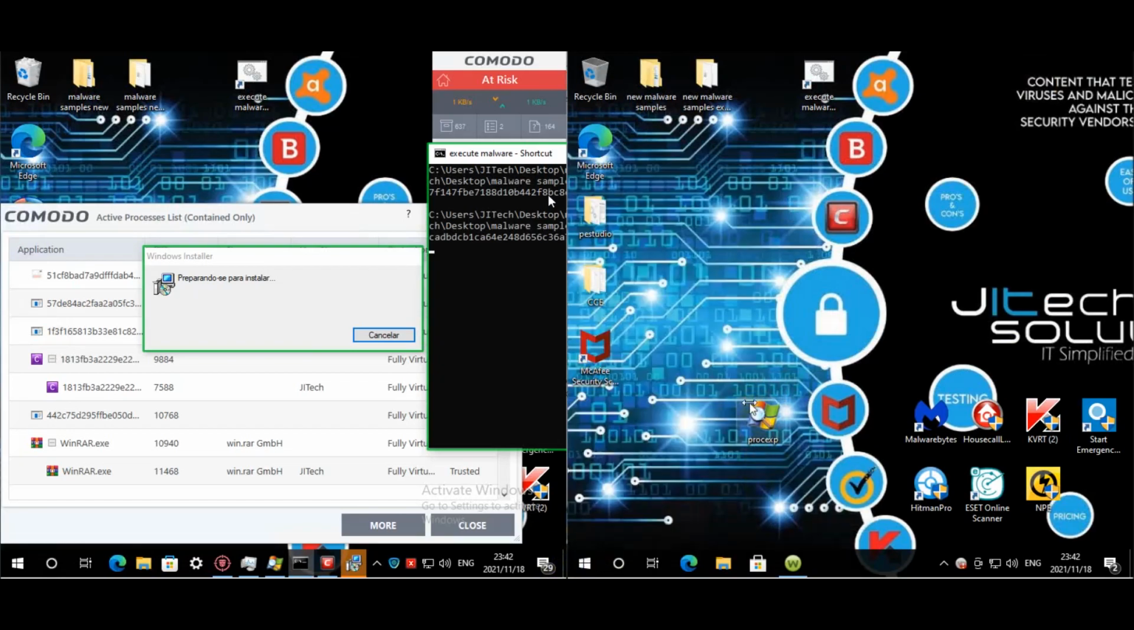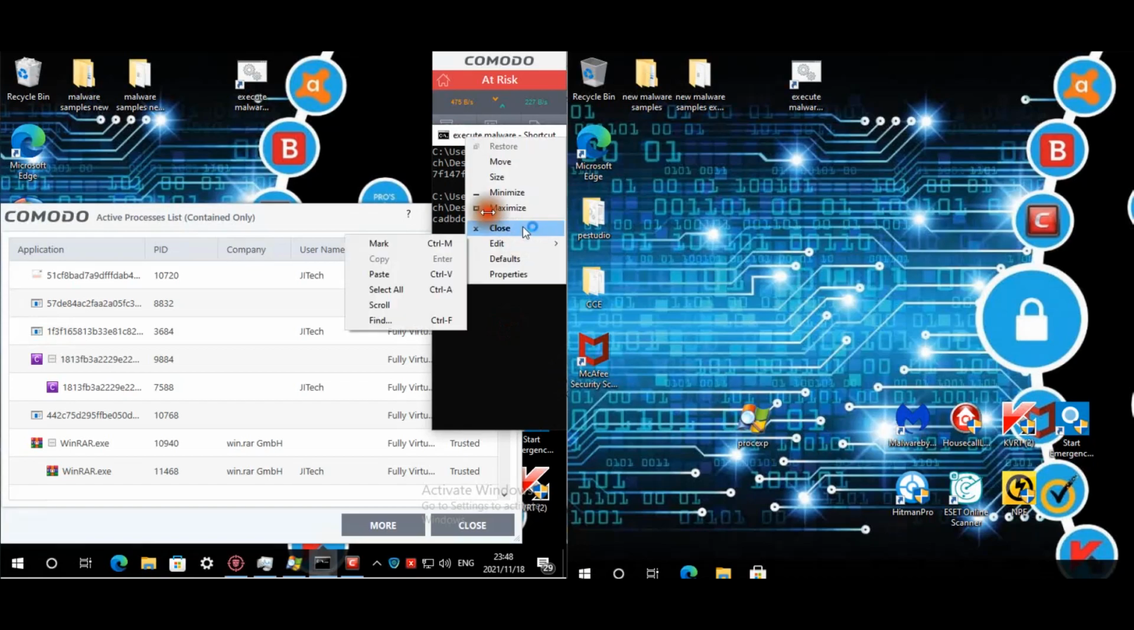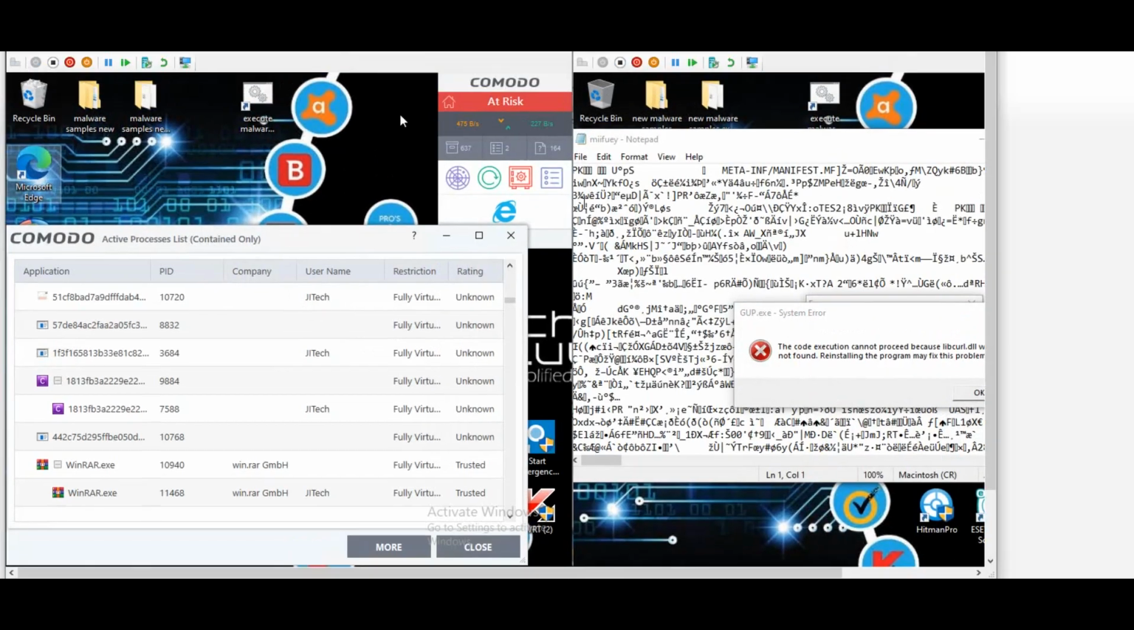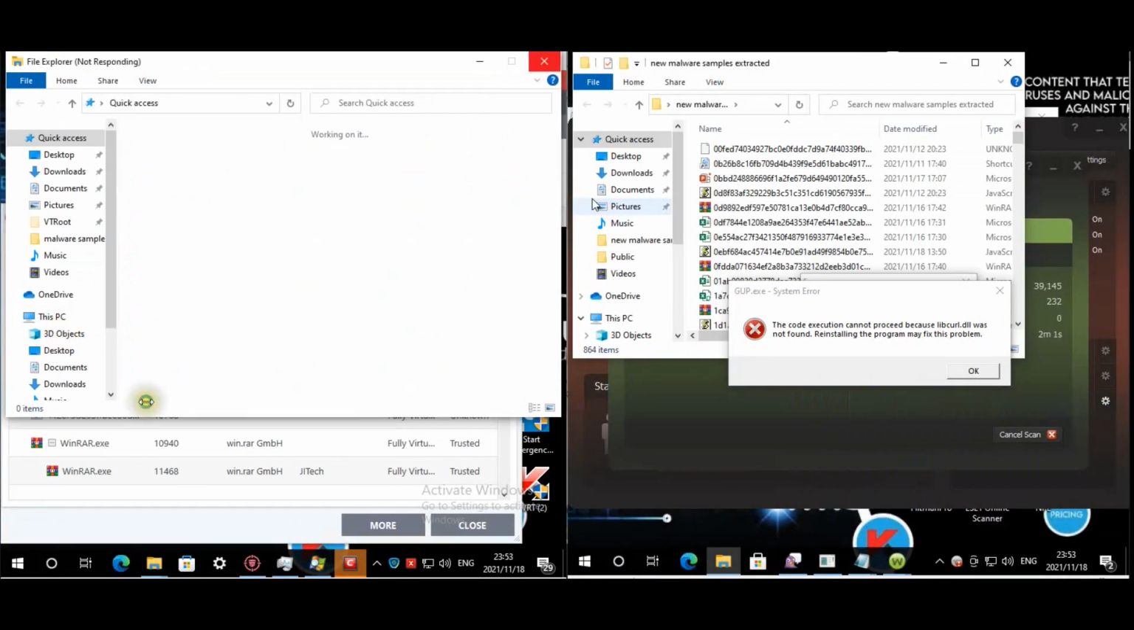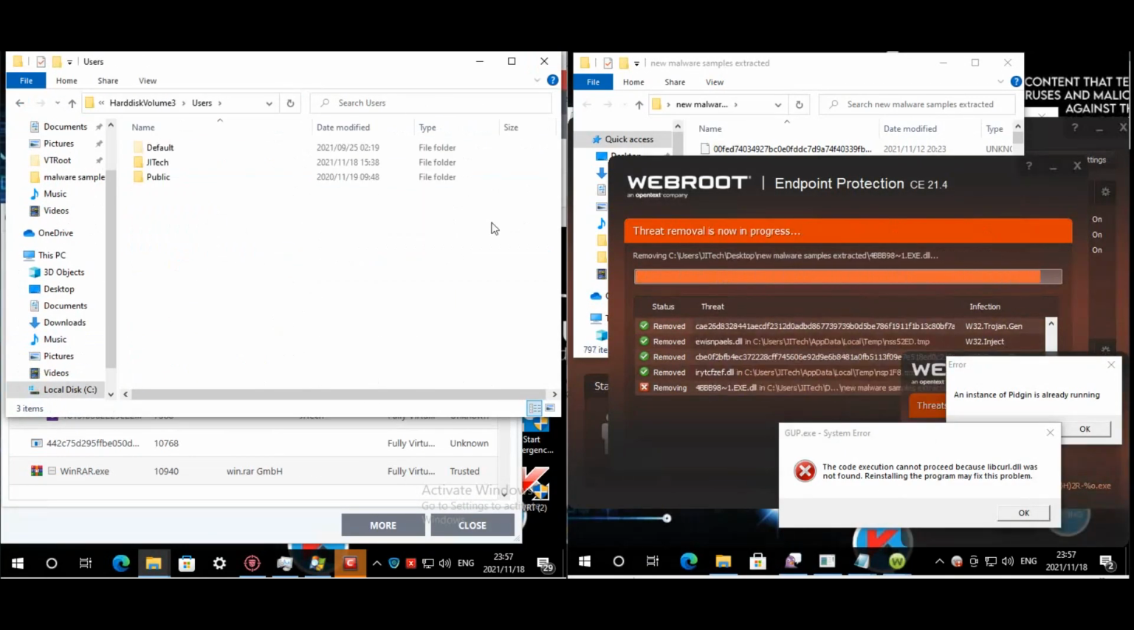Okay, Comodo I think is close to done. Once Comodo is also done and Webroot's up and running, I'll let you guys know. Okay, so Webroot is just scanning and removing the malware. The test is done on the Comodo machine, so